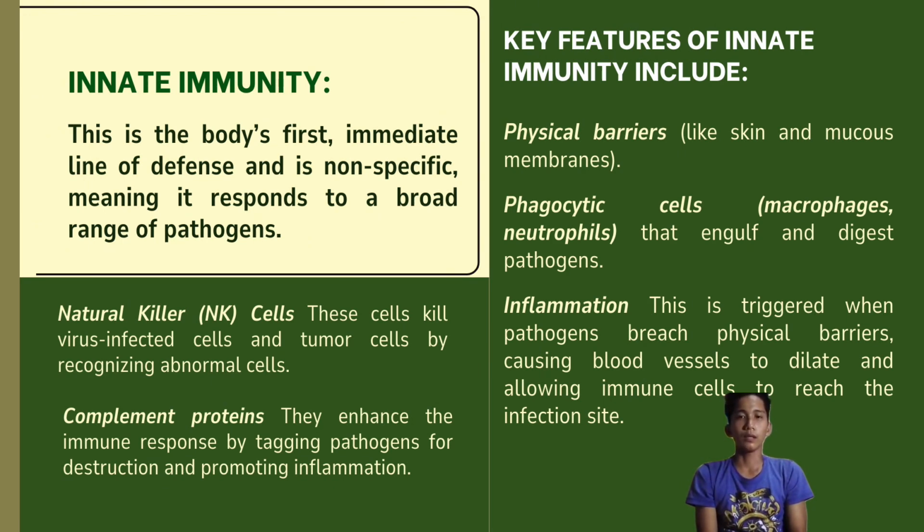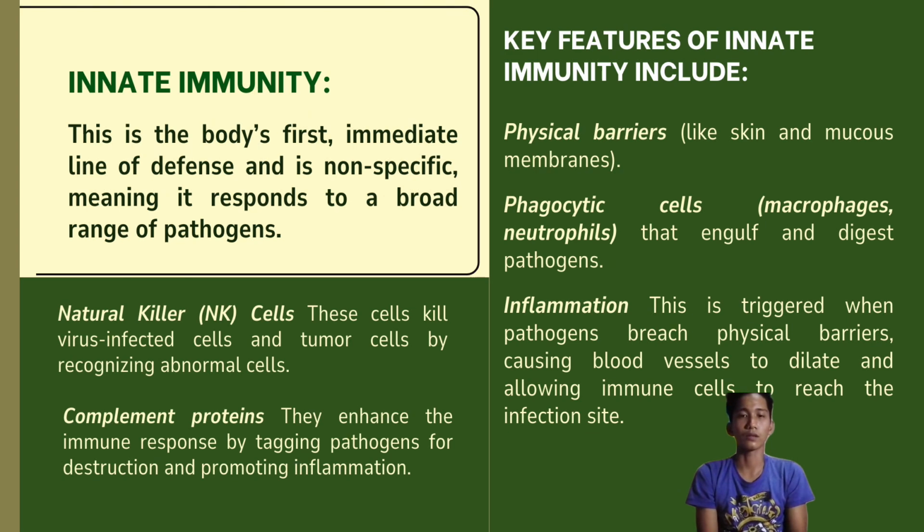Key features of innate immunity include: first, physical barriers. Physical barriers are structural obstacles in natural or man-made environments that prevent or block mobility or access. Second is phagocytic cells, which engulf and digest pathogens. Next is inflammation. Inflammation is triggered when pathogens breach physical barriers, causing blood vessels to dilate and allowing immune cells